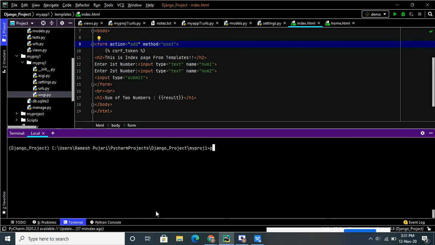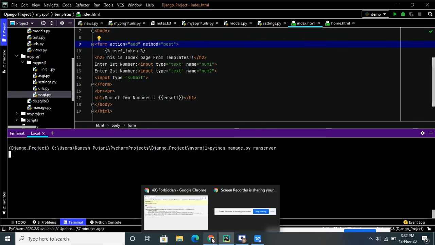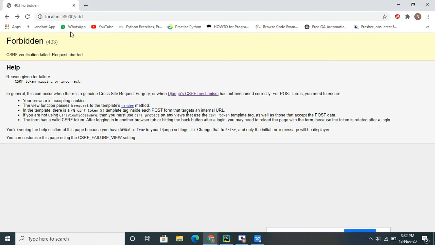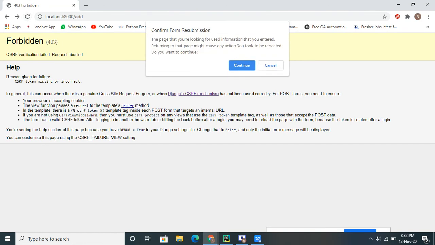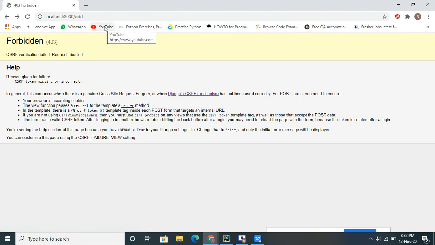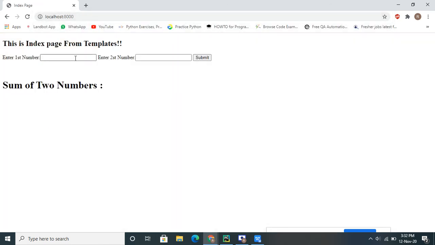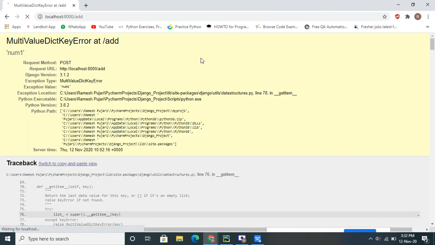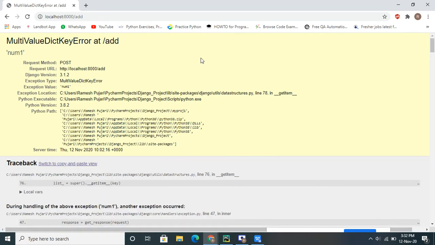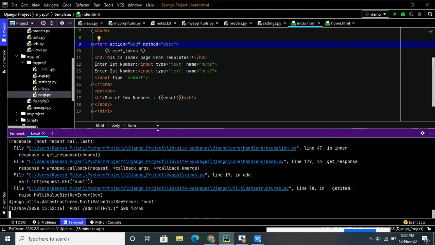Python manage.py runserver. I'm running the server. Okay, my server is running. I'll refresh the browser. When I submit, num1 is not being called because I'm not using the method here.